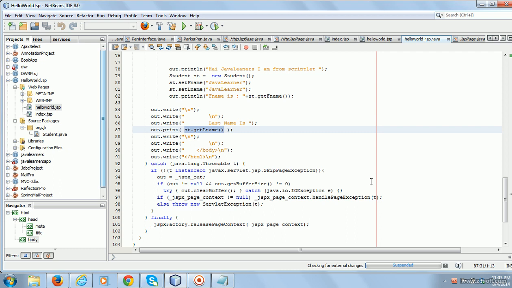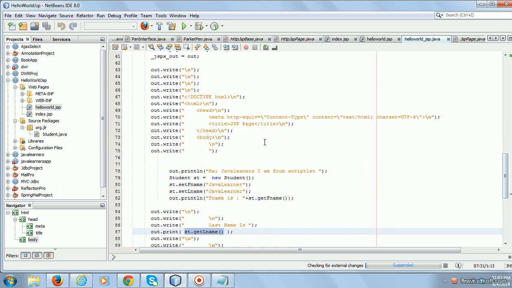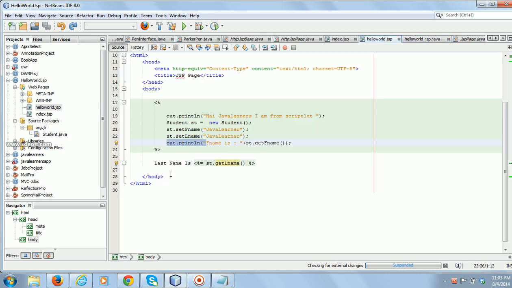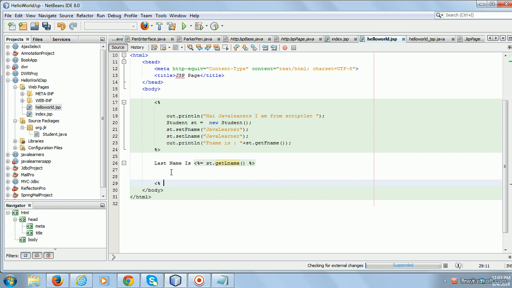And now we will see, if you observe, the student object is declared inside _jspService. But if I want some class level variables, then I can use the declaration tag, percentage, student myClassLevel is equal to new Student.